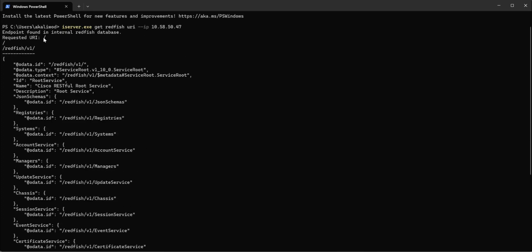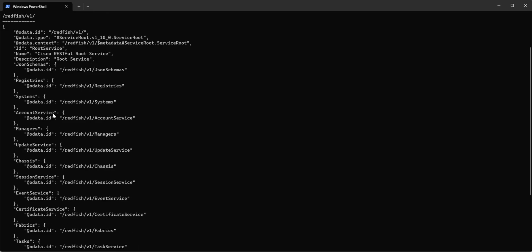The requested URI was root, where the root means in fact redfish/v1. So whatever you specify as an argument to this command will be after the redfish/v1 prefix, and then we get the set of attributes which are under the